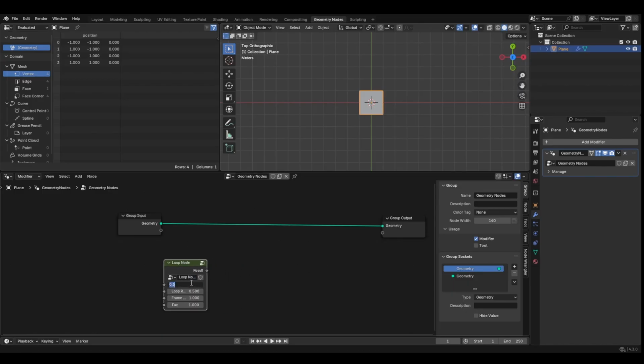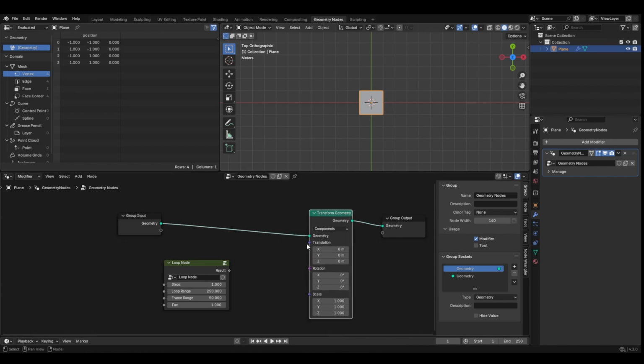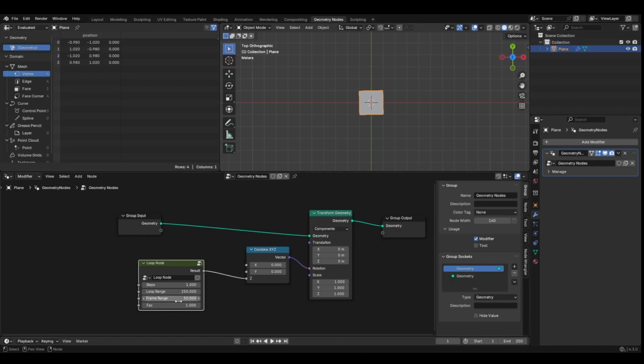And let's set some of these. So steps we'll set to 1, loop range we'll set to 250, since that's how many frames we have in the scene right now. And we'll set the loop frames to 50 for now, just to show you. So let's add in a transform geometry. Take the rotation, combine X, Y, Z. And if we were to plug this in here, and instead of 1 for the factor, we type in tau